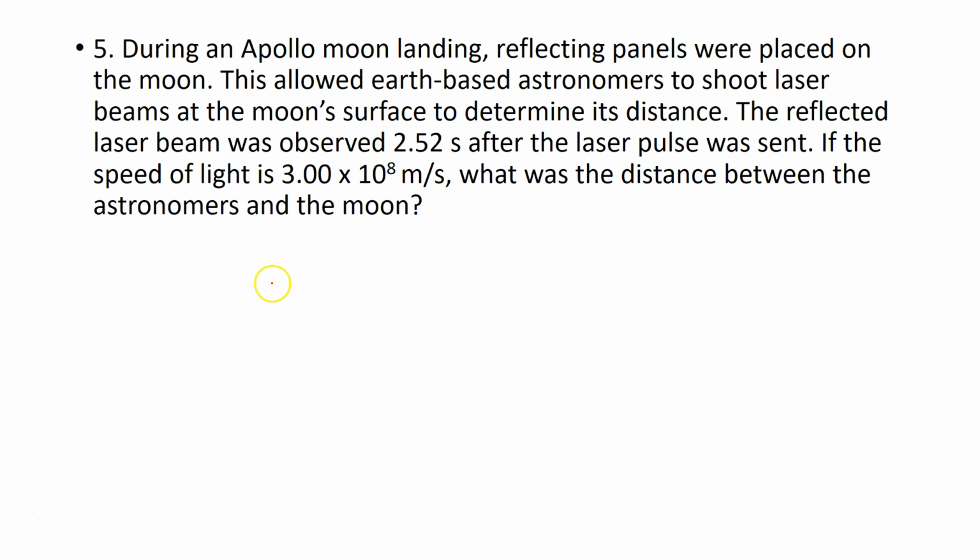Hey, this is Horner, and this is the second part of the constant velocity motion problem exercises. This will be number 5 through number 8. During the Apollo moon landing, they put reflecting panels on the moon, and this allows anybody on Earth